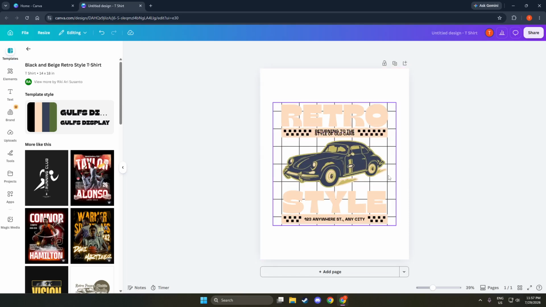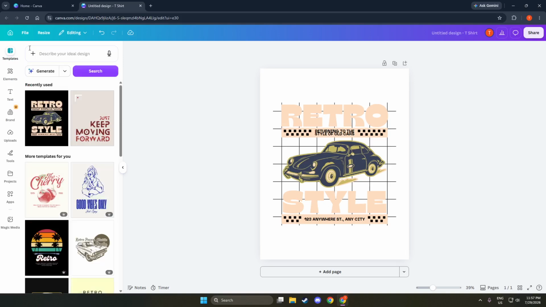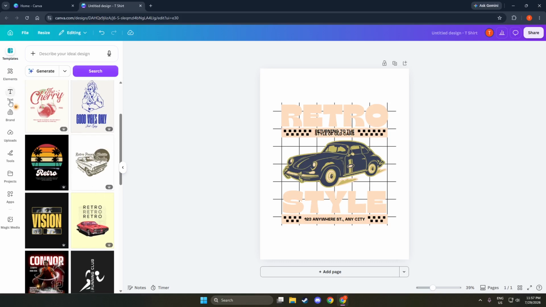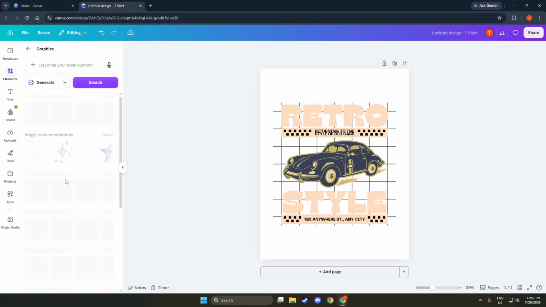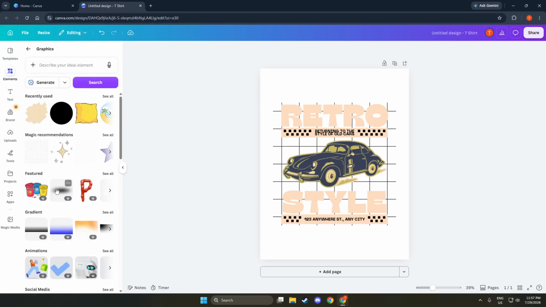Next up, add your product elements. For text, click into any existing text box or add a new one so you can type names, slogans, or short descriptions. Under Elements, you can browse graphics and icons that match your theme, such as simple shapes or detailed illustrations. In Uploads, bring in your own images or logo so the product matches your brand.